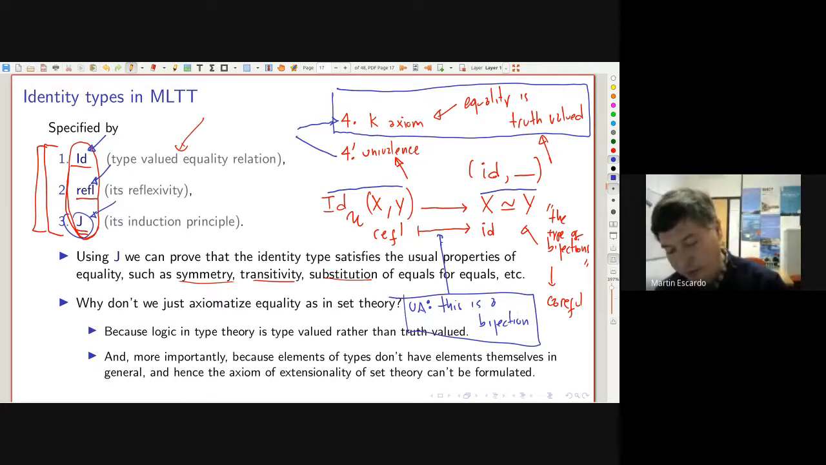If you don't add either 4 or 4 prime, the identity type becomes very weak because it is very underspecified. I would say it is not sufficiently specified. Lots of statements about it are independent and not provable or disprovable. So to make the identity type work, you need this one. And another thing is that the univalence axiom, if you choose the univalence axiom instead of K, then it is a kind of an extensionality axiom. And in fact,